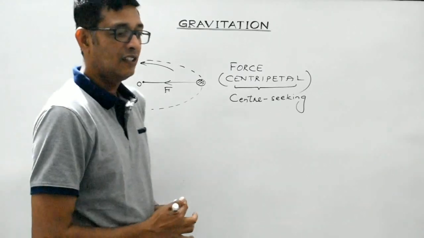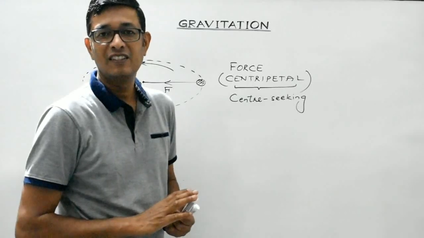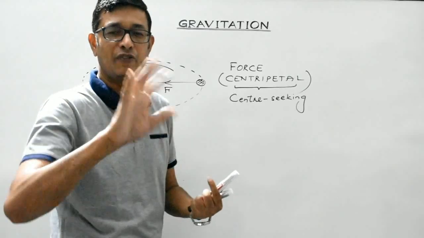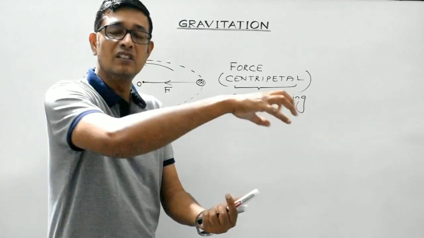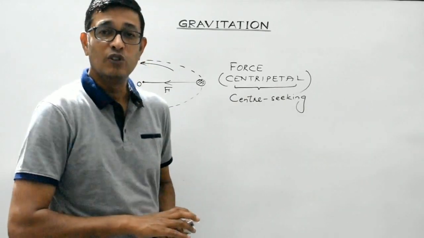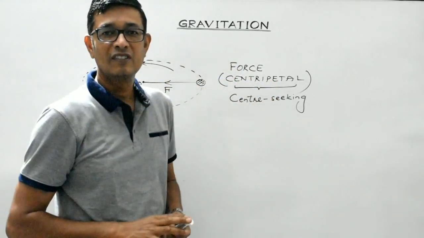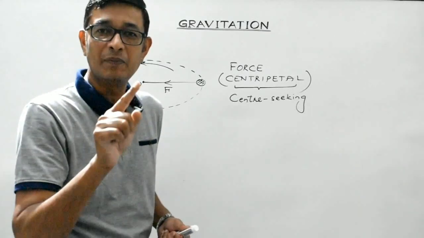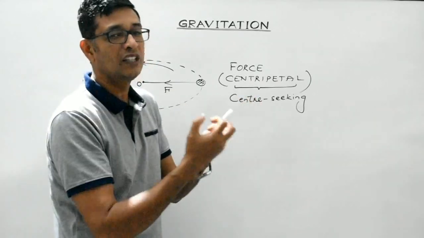So students, planets including Earth revolving around the Sun, Moon revolving around the Earth, or for that matter, all the artificial satellites which we launch from the Earth's surface, they keep on revolving around the Earth in a given particular circular orbit. Right? So, what is the force involved? Centripetal force. And students, this centripetal force is provided by the gravitational force of attraction between the two bodies under consideration.